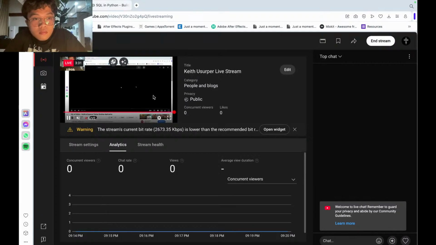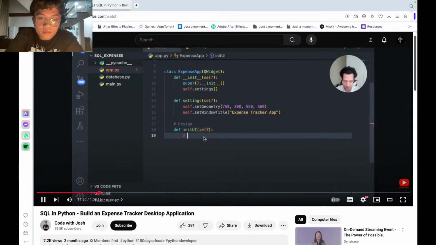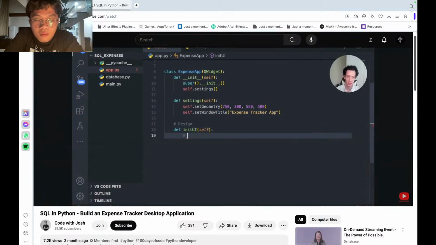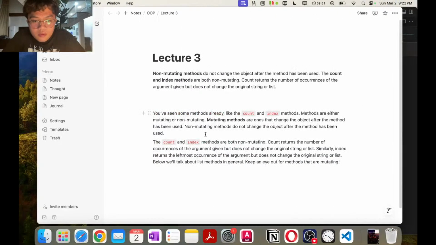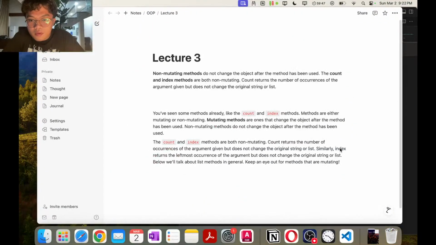It can be called anything. Initialize UI, init UI is what I like to call it. The first thing we need to do is I need to create an object for everything that